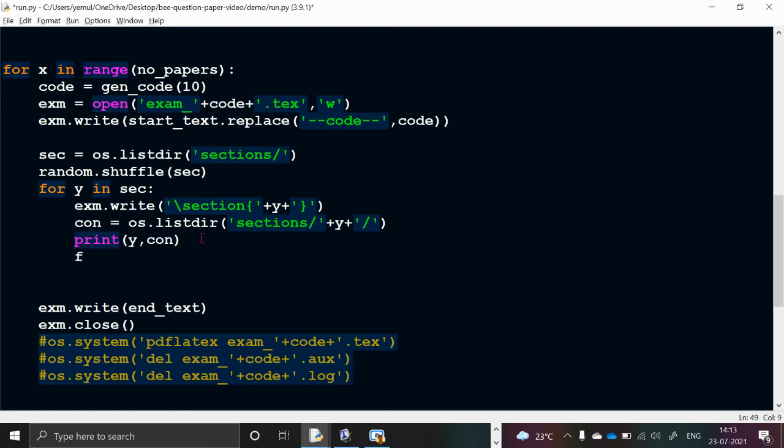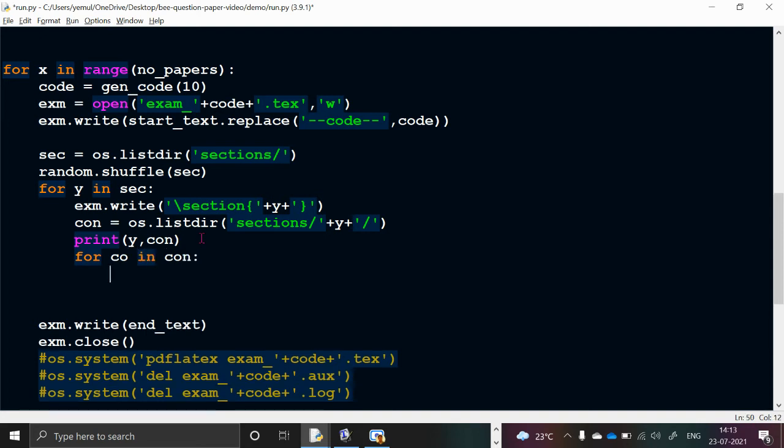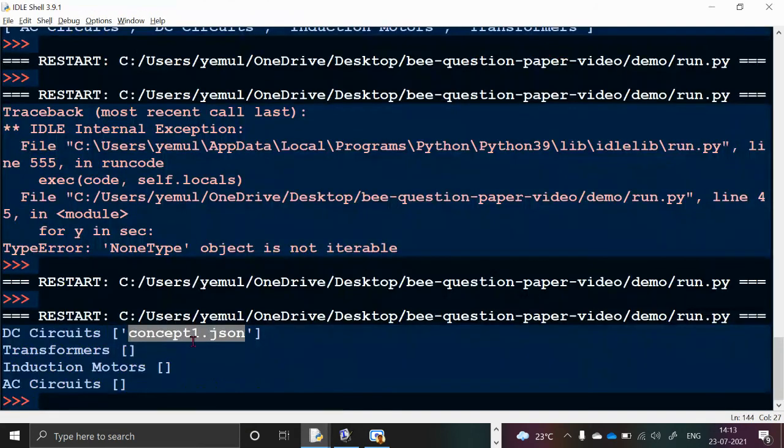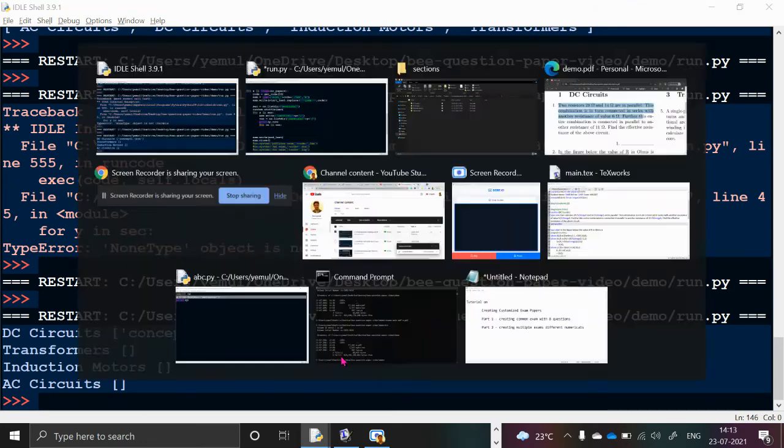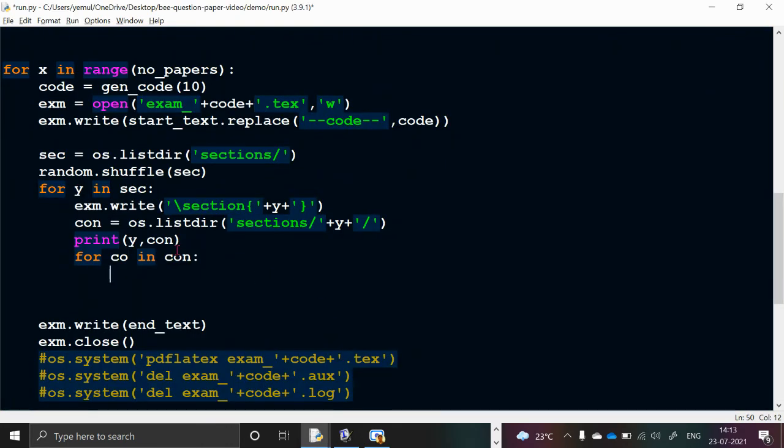So for CO in CON, for an individual concept in CON, because this list may contain multiple concepts, therefore multiple questions will be created.